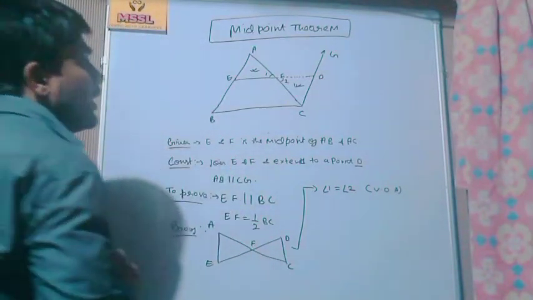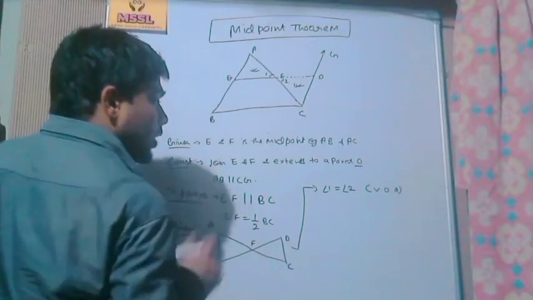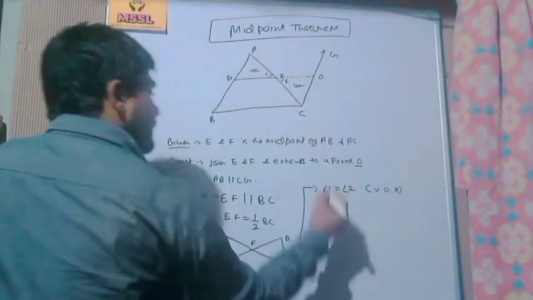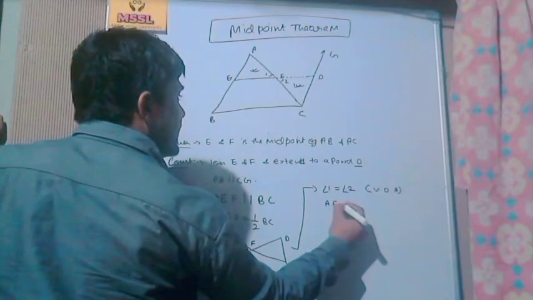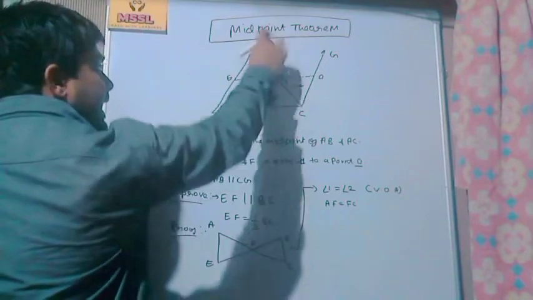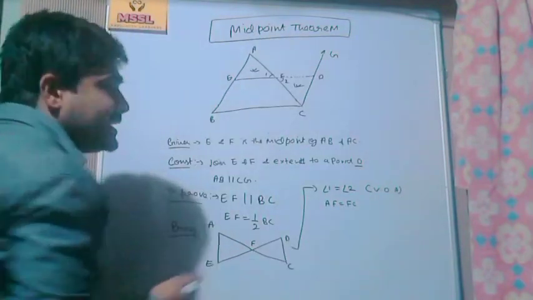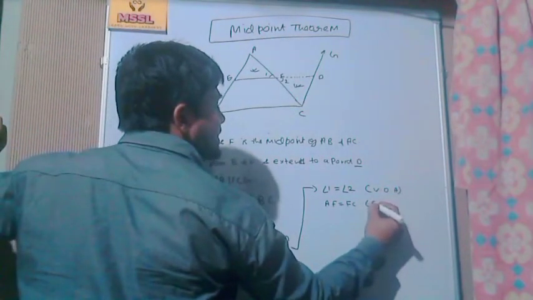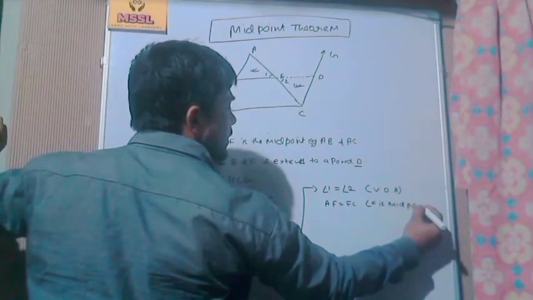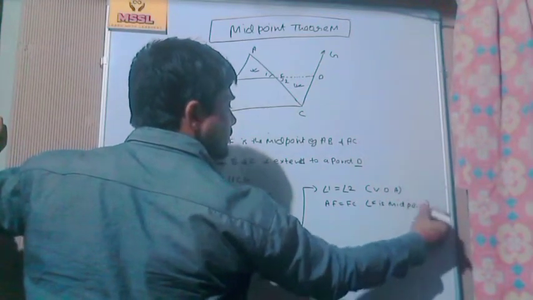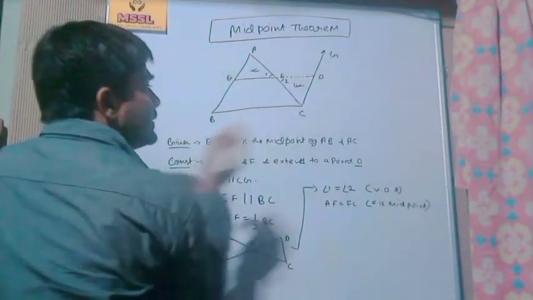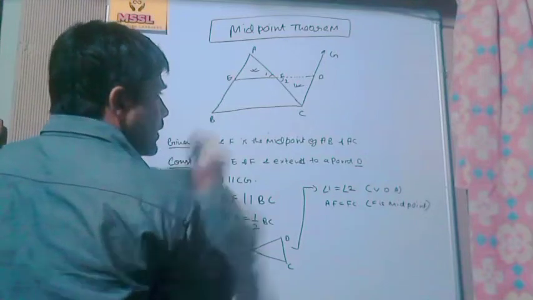Now also you can write AF equals FC. Why? Because F is the midpoint. Now, similarly, we can also write that